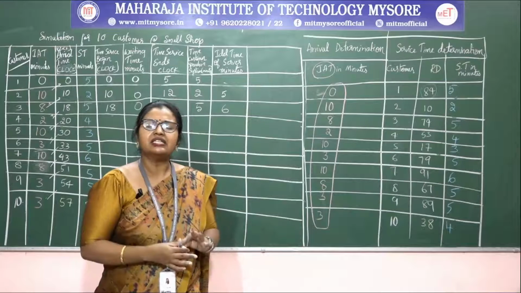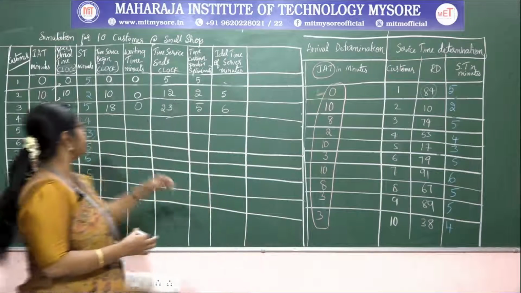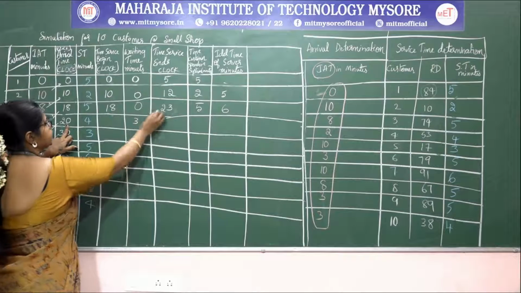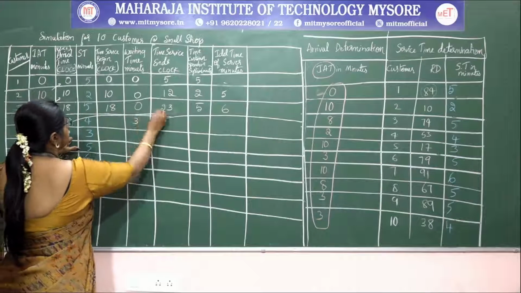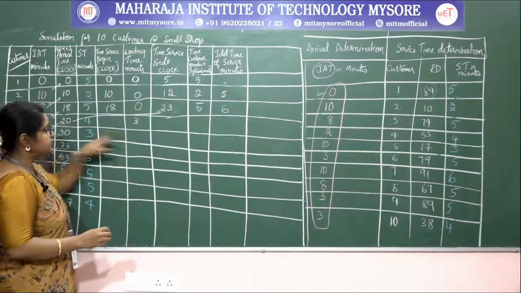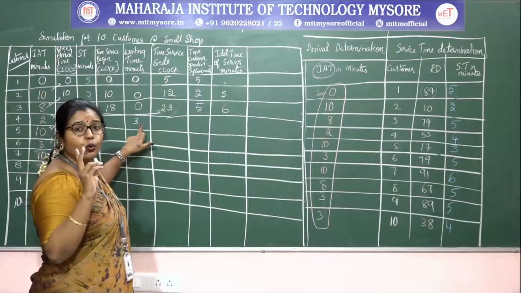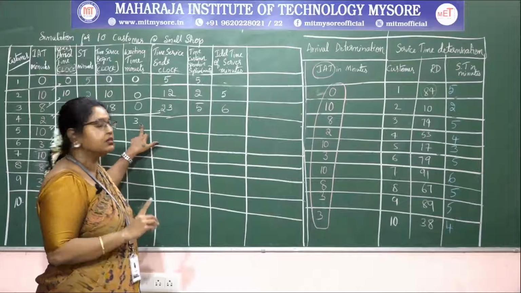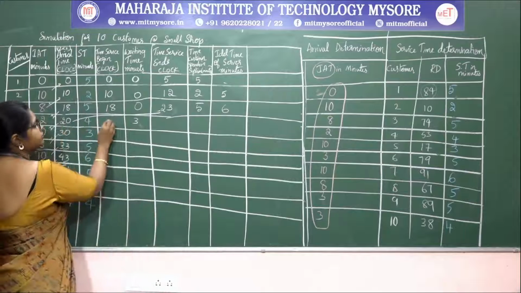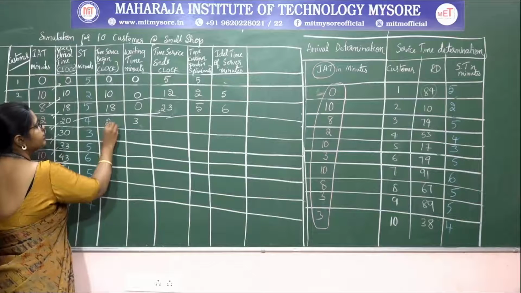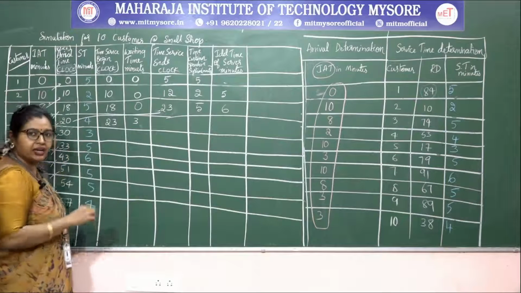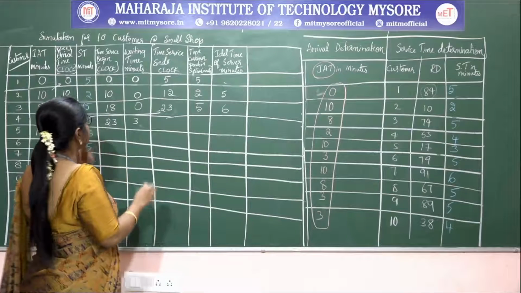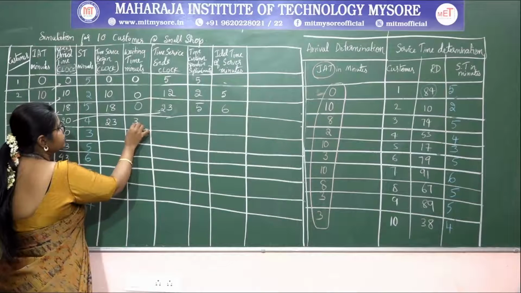For how many minutes does he need to wait in the queue? That is nothing but 23 minus 20, that is 3. So he needs to wait for 3 minutes to start his service. Therefore, at what time will the service begin here? Once it is completed at the 23rd minute, we are going to start giving the service. So the waiting time is 3 minutes.